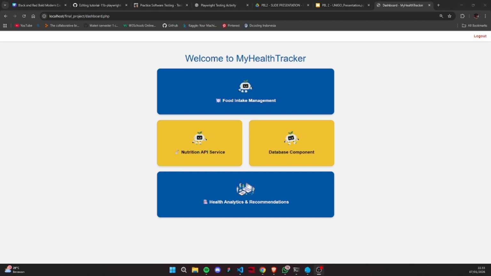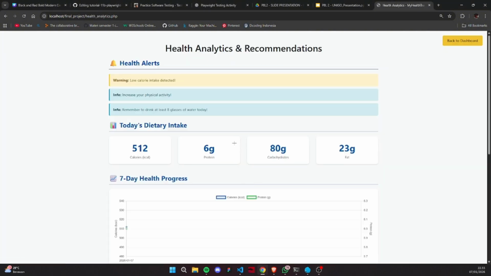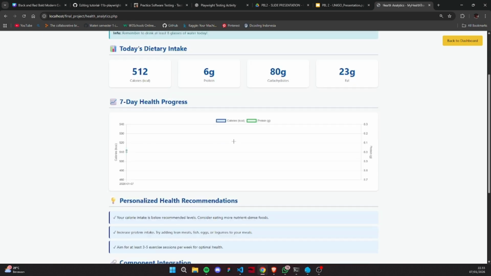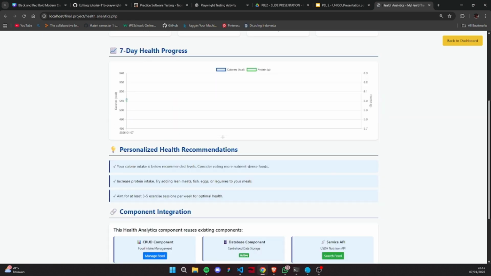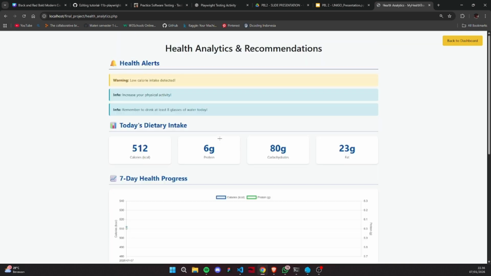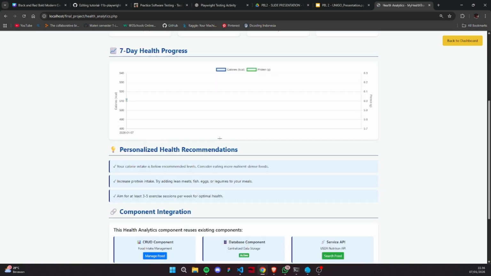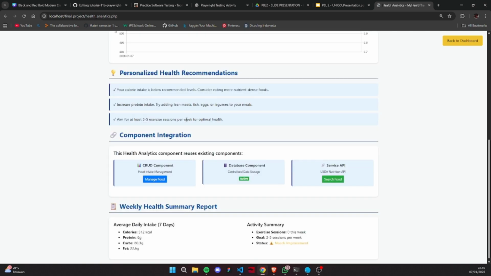Okay, so my name is Akila Novaliksan. My job is to explain the proposed new component, which is the health analytics and recommendation. As my friend mentioned, all of the reusable components integrate into the proposed new component and combine all of the features. In the health analytics and recommendation, it provides all the data that the user has already keyed in, like the burger, milkshake, and the others.